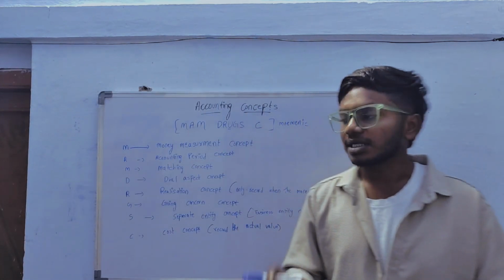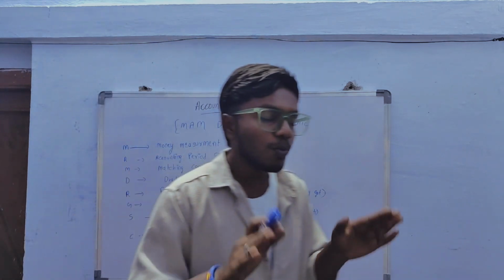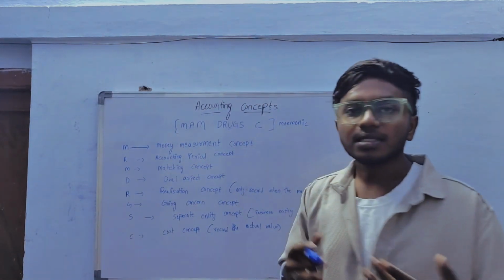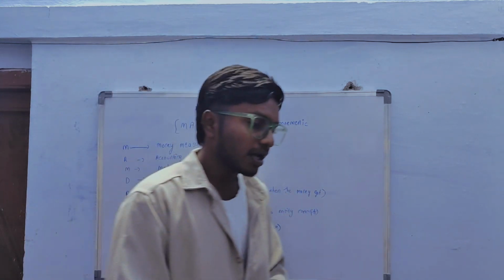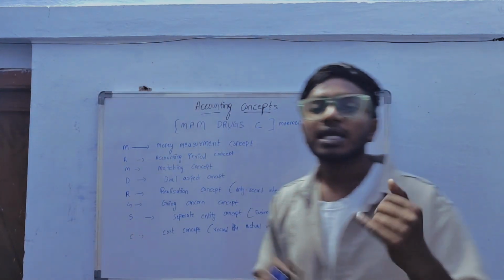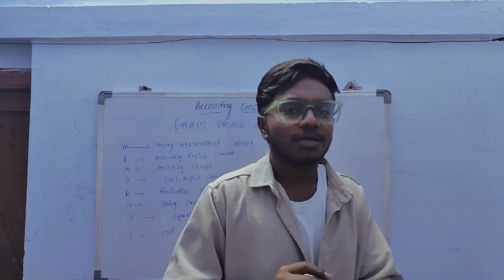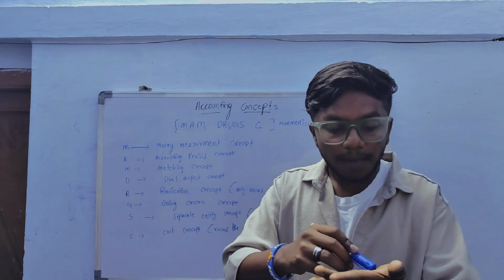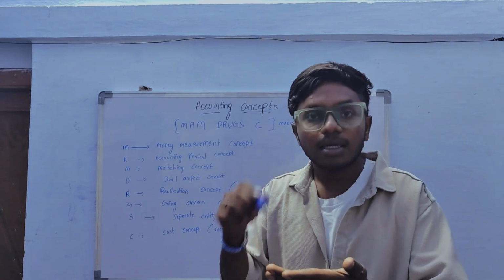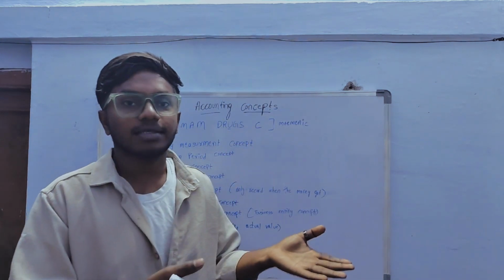Money measurement concept. The name itself indicates that you should record the transactions which are related to monetary terms. It means you should not record transactions which are not related to money. Let me give an example. You are an accountant in a company, so you are recording all the monetary transactions. Suddenly your manager died. Do you record that your manager died in your accounting books? No, right? We don't record any transaction which is not related to monetary things.